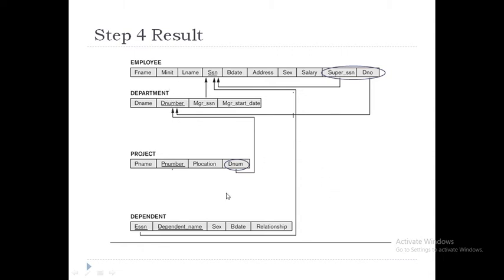A lot of confusion will be there when you are drawing the schema diagram, from where to where we have to add. From where it will originate: this is the foreign key, it is not a primary key. This is the referencing relation, and it is referencing the department relation, so this is the referenced relation. The project is referring to department, so the arrow should point to the primary key of department.